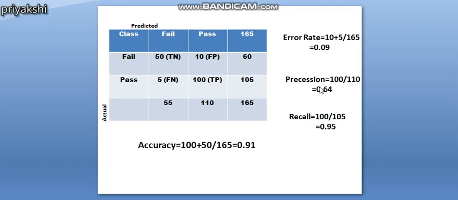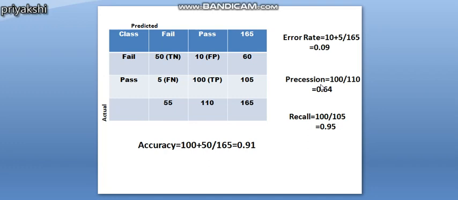And then if you see, precision is calculated by the number of true positives, 100, divided by true positive plus false negative. Then your recall value is calculated as true positive divided by true positive plus false negative, where true positive plus false negative is 5. So